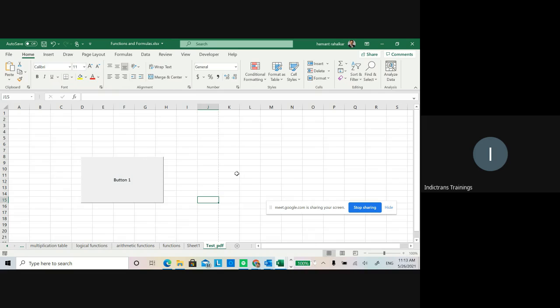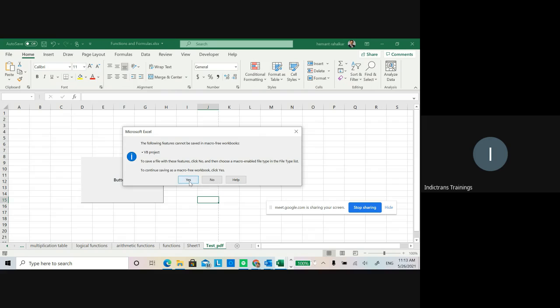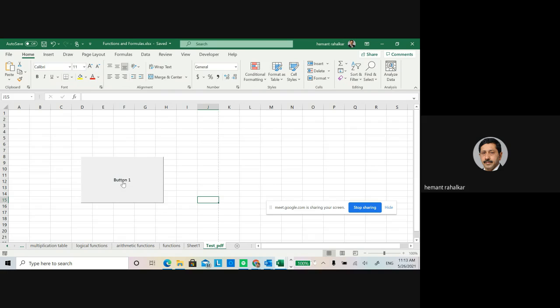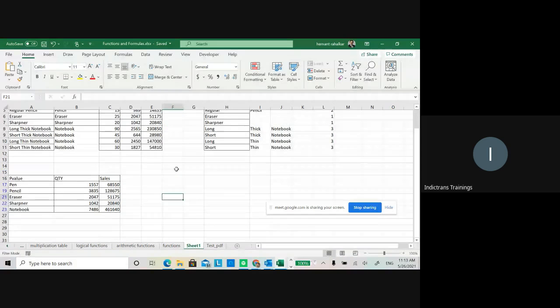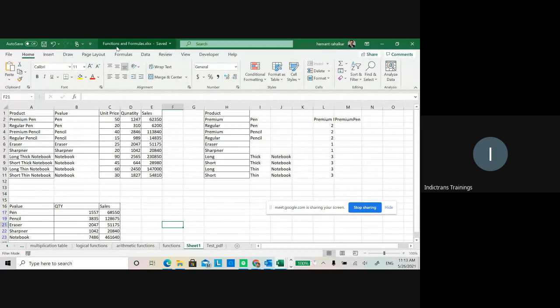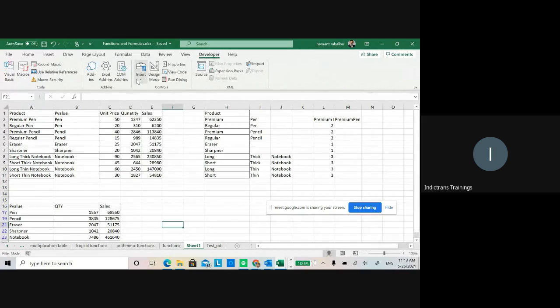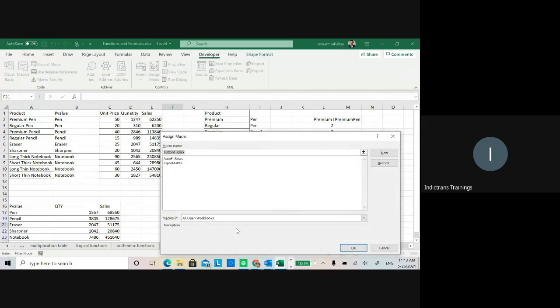Okay, that's pretty okay. What is there in this PDF? What is there in this Excel? Nothing in this. I just put a button. Oh, okay. Can you just do the same thing in another Excel sheet where there's some data? Yeah, there's some data here. Here you try to insert a button and assign this macro. There's something to print here. Yeah.